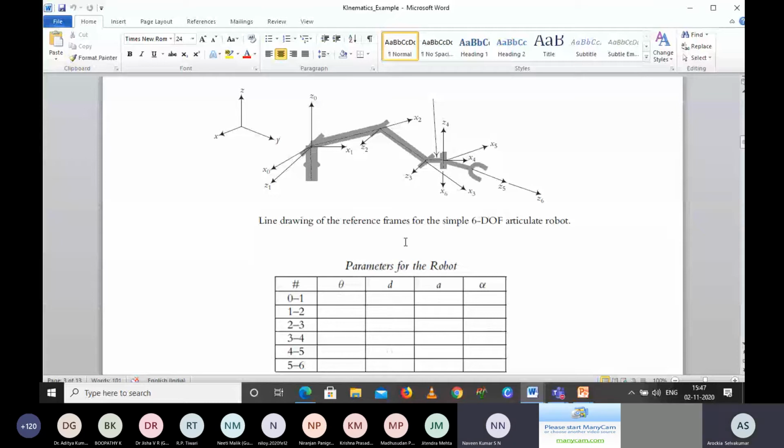Yes, sir, along Z axis. Yeah, very good, sir. So you can substitute theta 1. So here actually my pen is not okay. Now it is working, I think so. That is great.